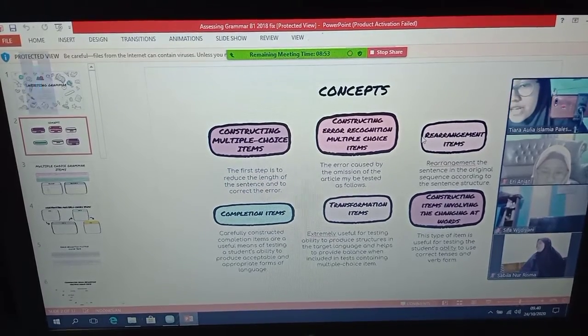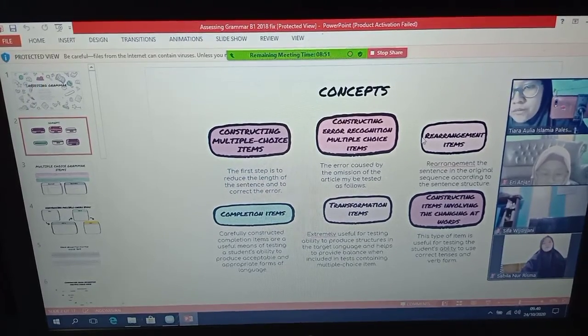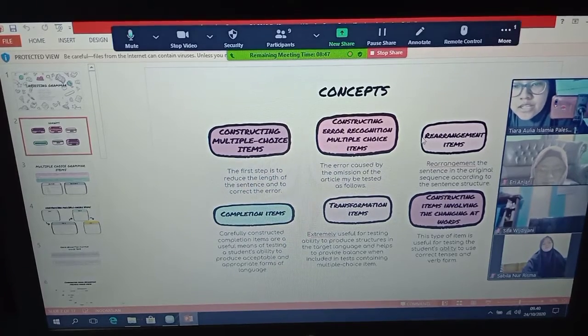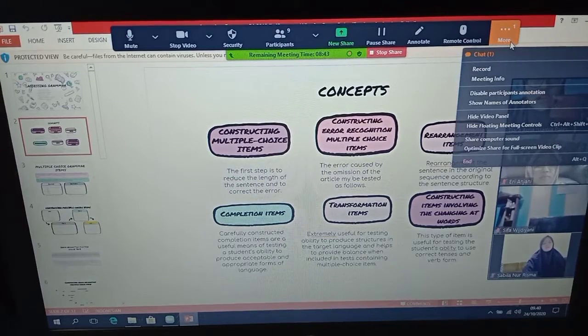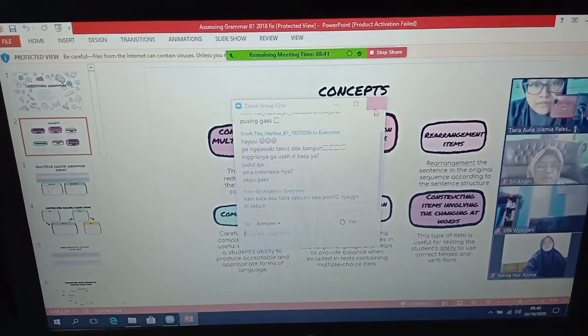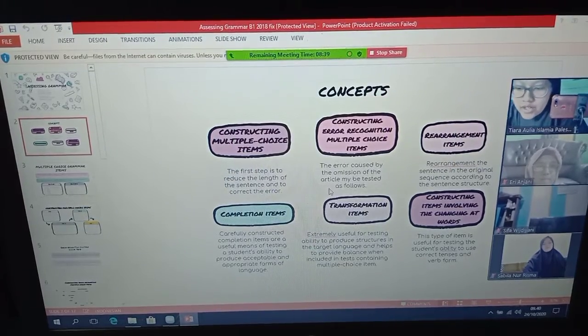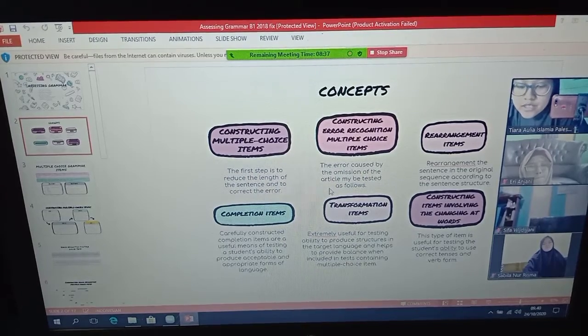Next, completion items. Carefully constructed completion items are a useful means of testing a student's ability to produce acceptable and appropriate forms of language. Oke, materi penyelesaian yang dibangun, cara yang berguna untuk menguji kemampuan siswa dalam menghasilkan bentuk bahasa yang dapat diterima dan